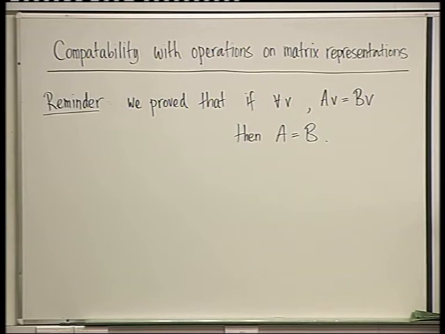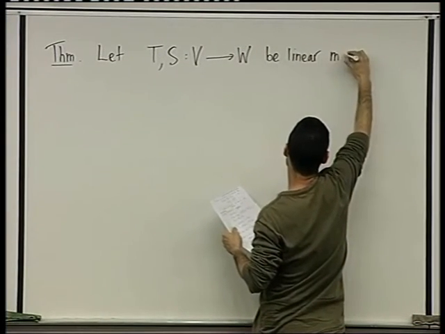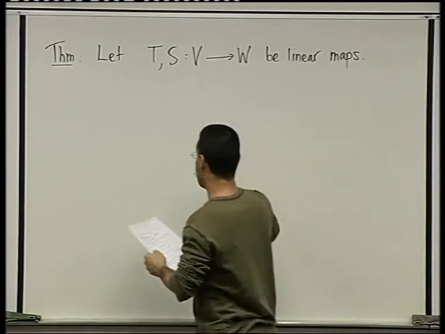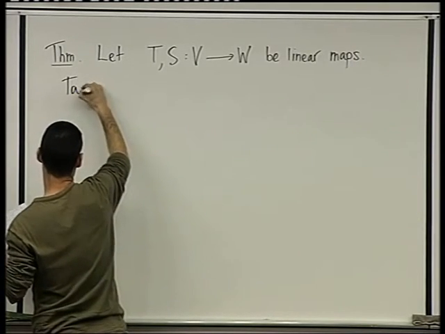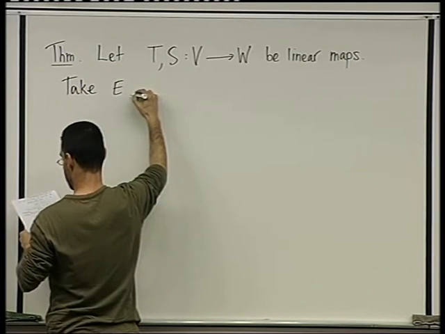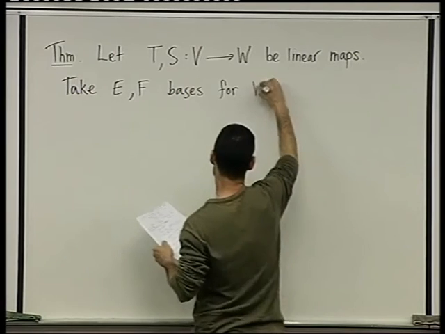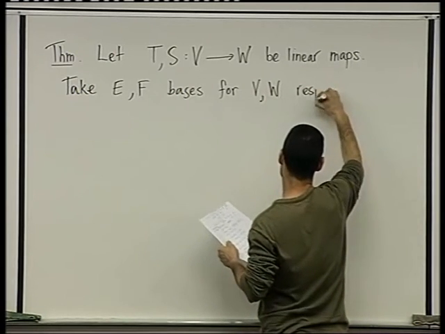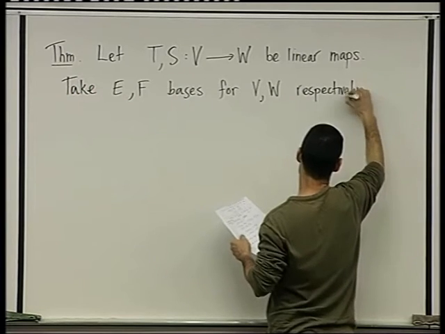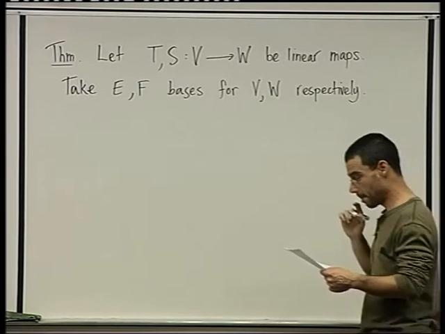So let T and S, both going from V to W, be linear, and let E and F be bases for V and W respectively. So E is a basis for V, F is a basis for W. Then